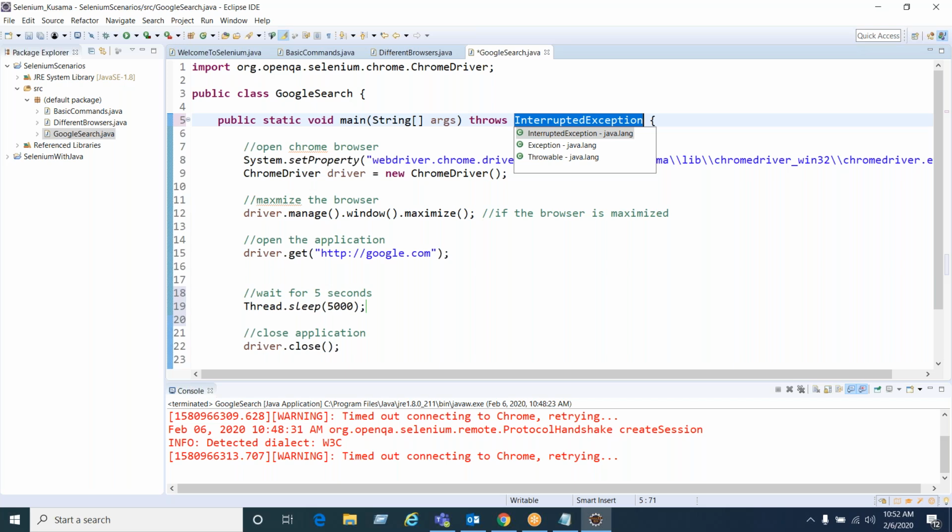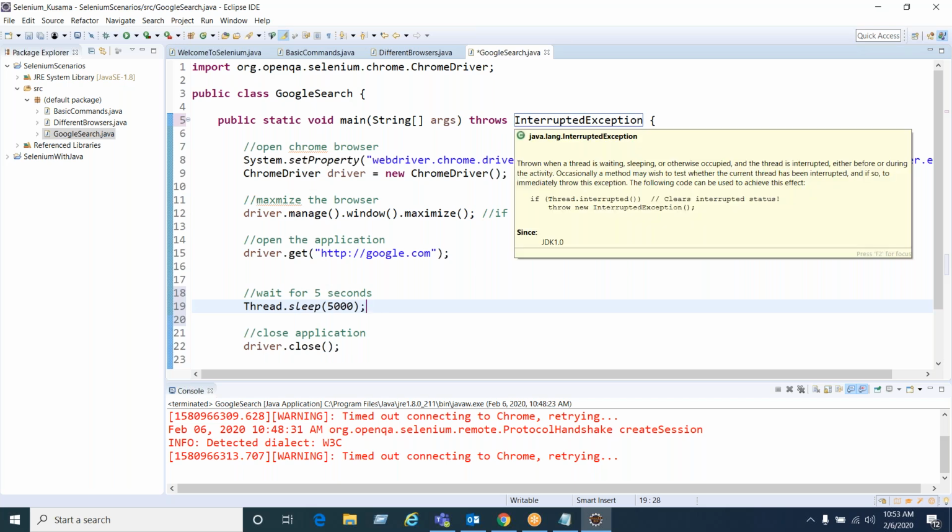Surrounded with throws declaration. We will discuss what the exception is, what exception handling is, and the different ways to handle the exception, as part of Java programming after some time. But right now you just follow the instruction. Whenever you use Thread.sleep, since you are not interested in handling it, that's why we use this throws